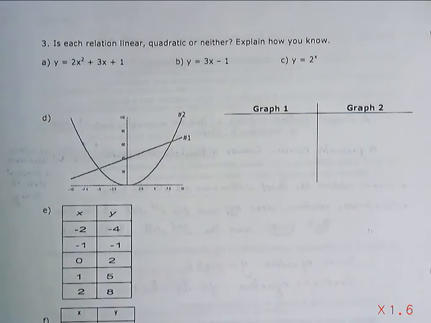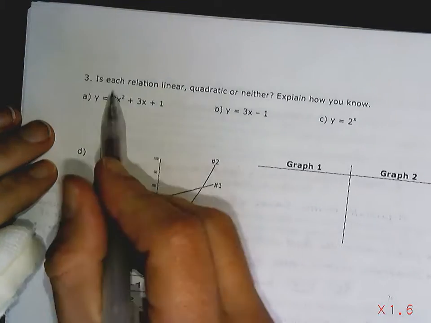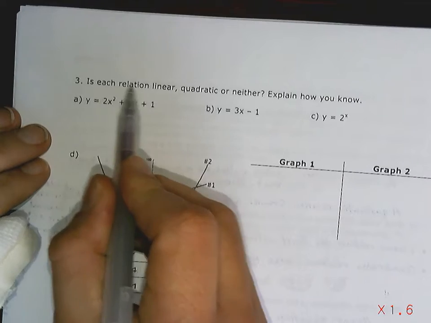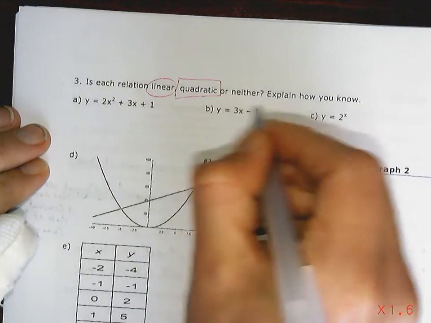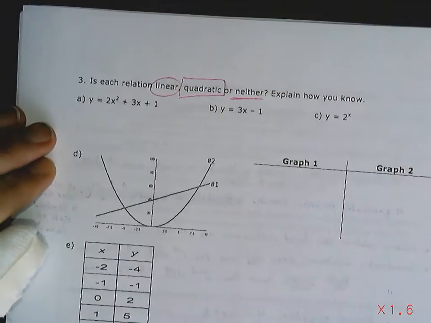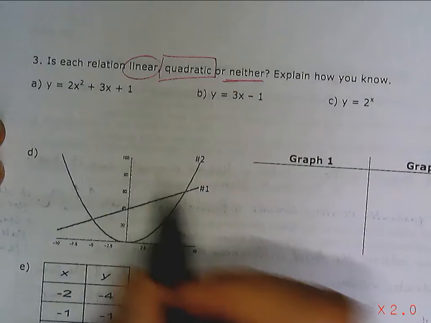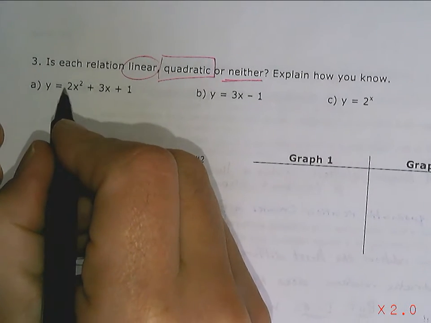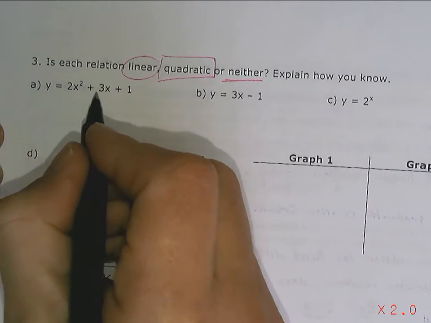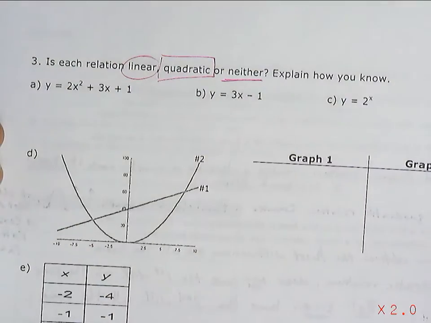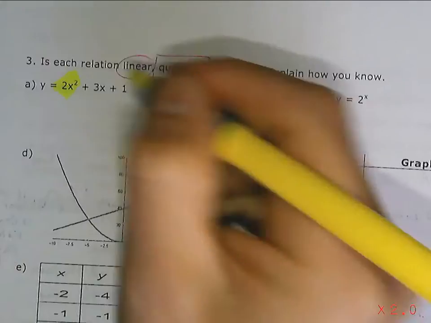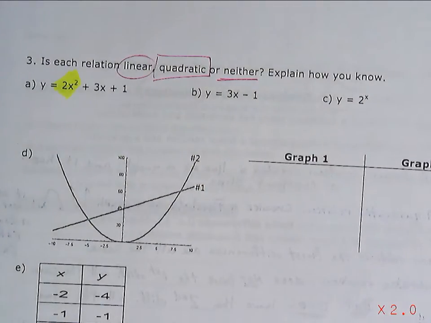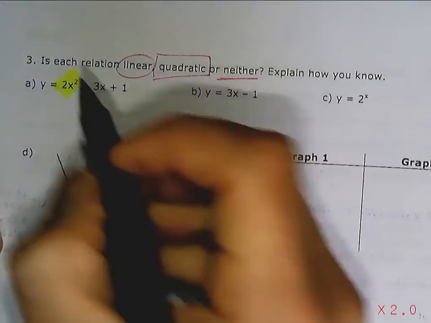Okay, ladies and gentlemen, so now here's question 3. The question says, is each relation linear, quadratic, or neither? Explain how you know. So we're going to take a look at each one. Look at this. It's got a 2x squared, a 3x, and a 1. This 2x squared, that's the magic term. That's the quadratic term. When you have something like that, you know that it's going to be